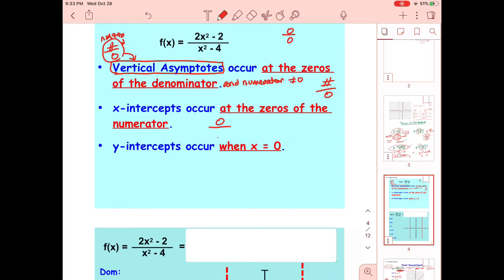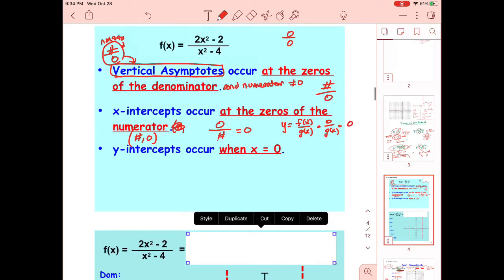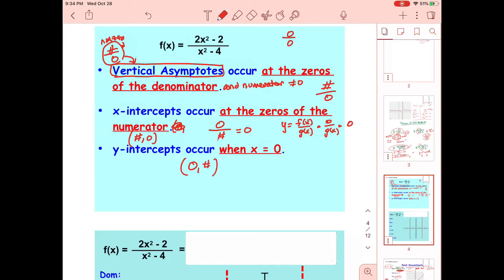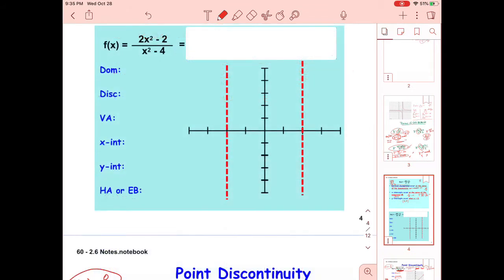X-intercepts occur when there is a 0 in the numerator. So if the numerator is 0, 0 divided by any number is going to equal 0. So if you have y equals f of x, a polynomial, over g of x, another polynomial, if f of x equals 0, whatever it is, then that means y is going to equal 0. And so that's an x-intercept. And an x-intercept occurs when you get some number, comma, 0 as an ordered pair. Y-intercepts occur when